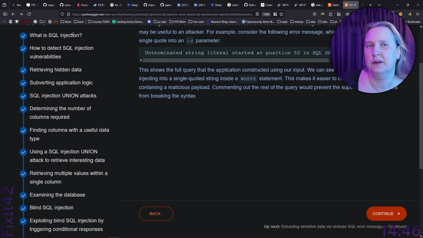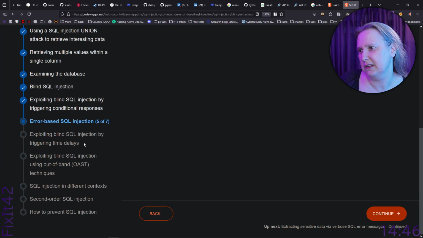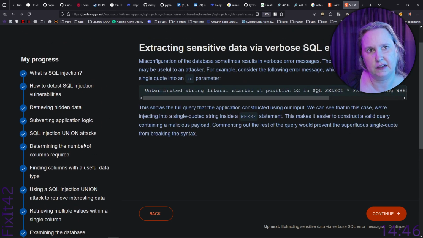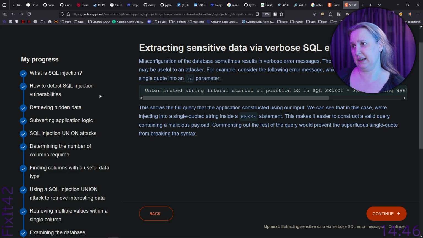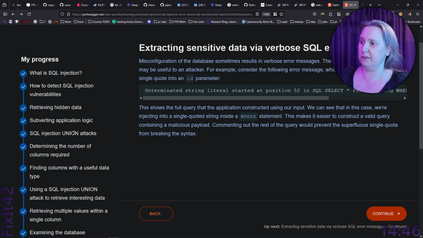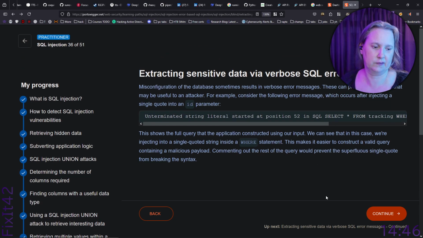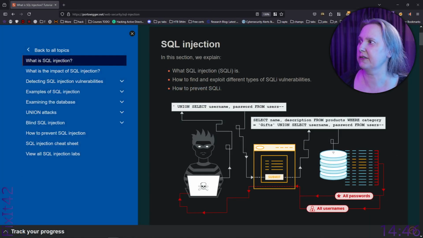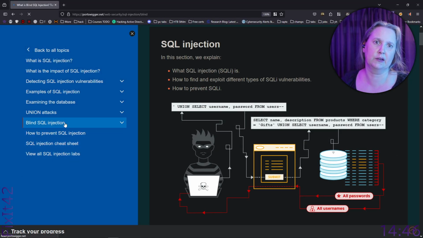So what is SQLi? What is the impact of SQLi? Is this the right side? Detecting SQLi vulnerabilities. So we have nothing like that here. Examining the database, union attacks. I'm sure I've had union attacks, right? Blind SQLi. Right, so we are at blind SQLi here. So let's go up to the screen and see if we click blind SQLi here